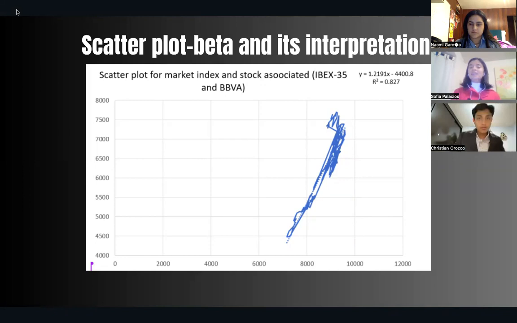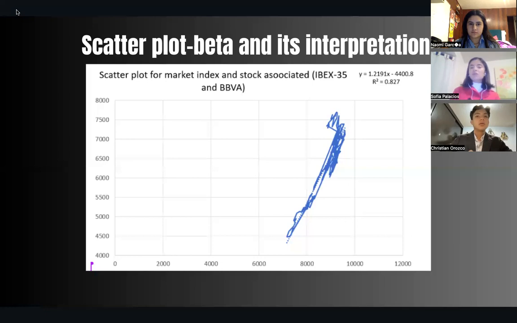Considering that beta is the slope of the trend line and that the equation is y equals mx plus b, with m being the slope, we concluded that beta equals